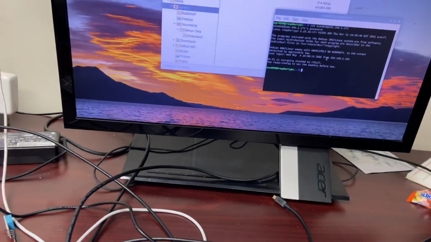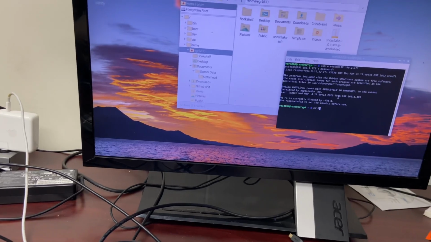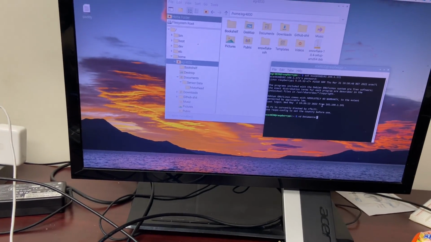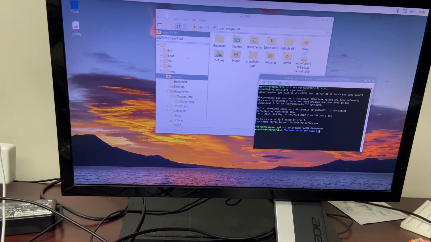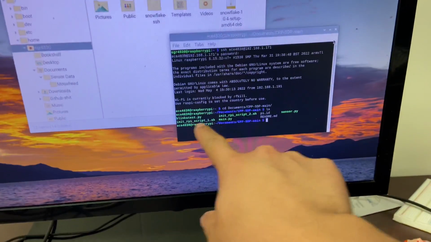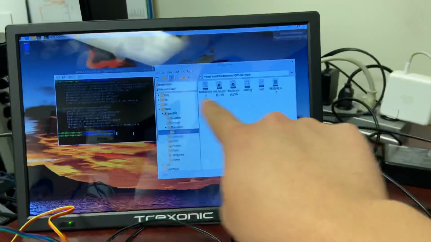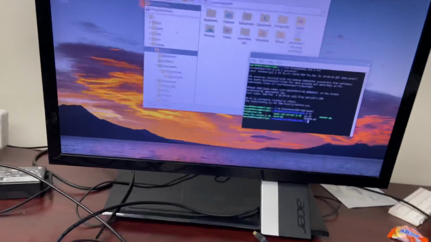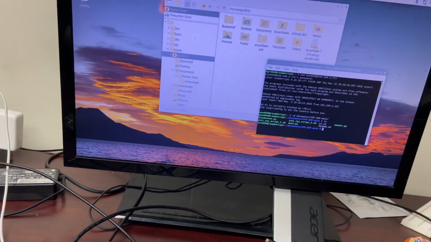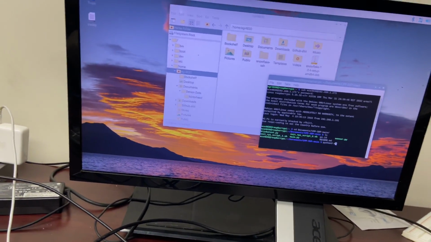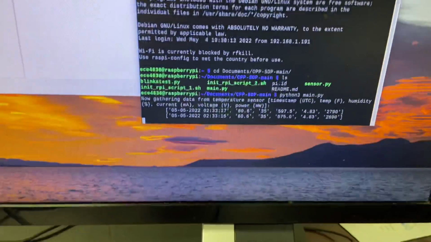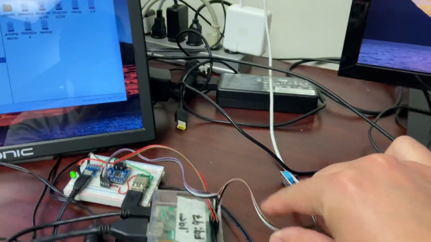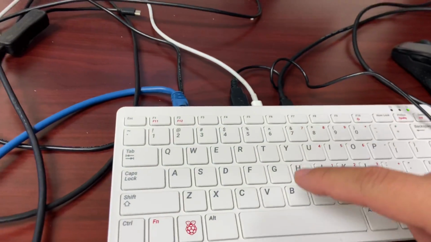So I'll CD to the right directory, and then I'll ls to show that we actually have the same files as in here. And then I'm going to run our Python script to gather data. So you can see here that we're gathering data from this sensor using this Raspberry Pi over